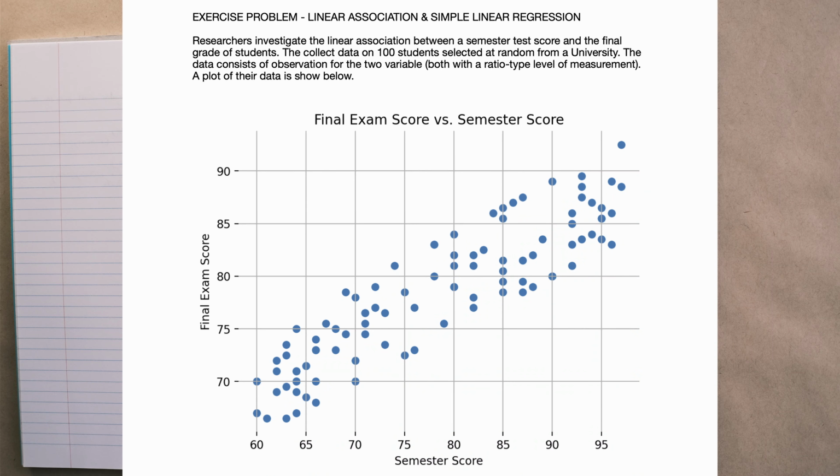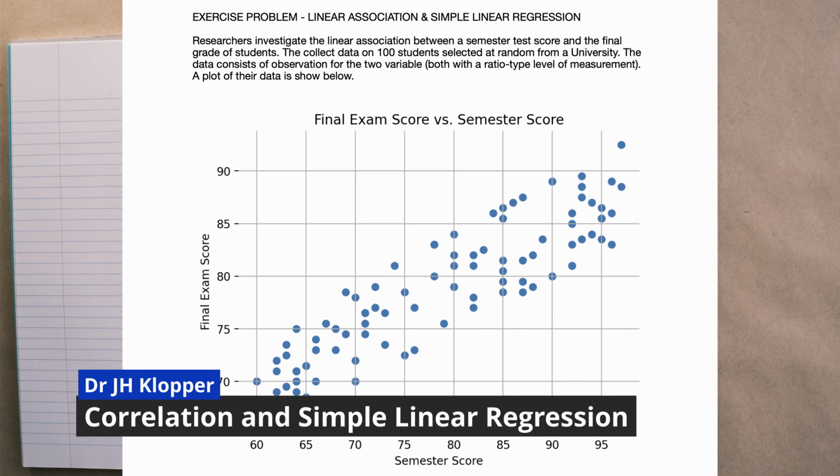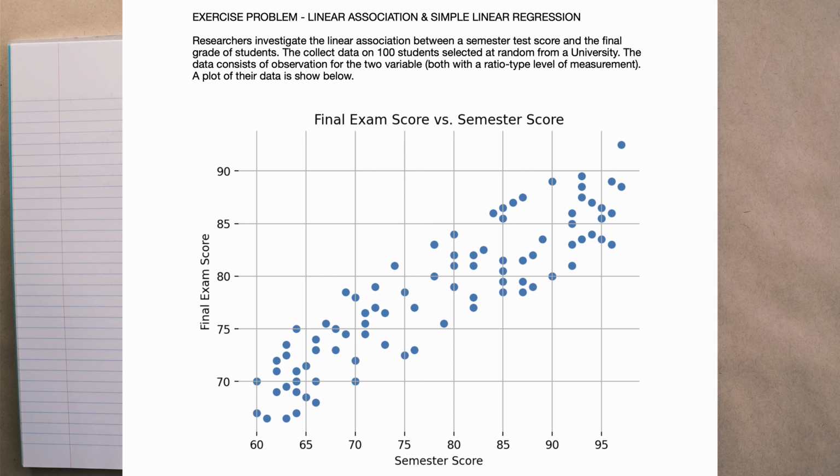So let's take a closer look at our problem. It's going to be a problem about correlation. As we can see there, linear association would be a synonym, and simple linear regression. So researchers investigate the linear association between a semester test score and then the final grade of